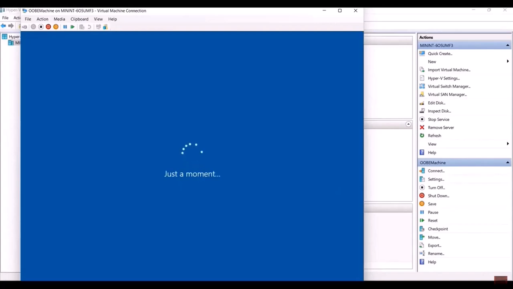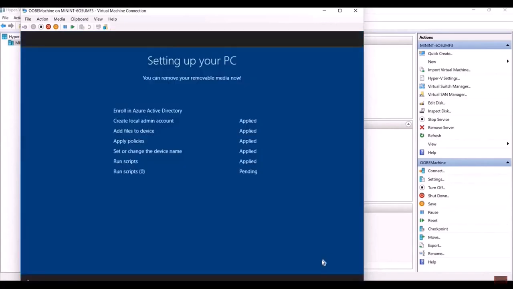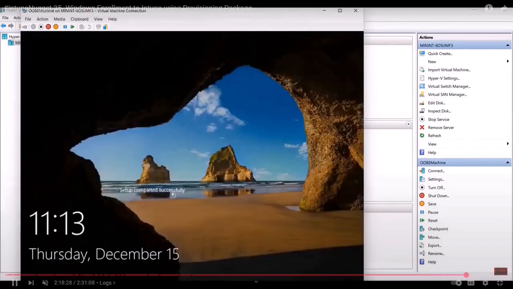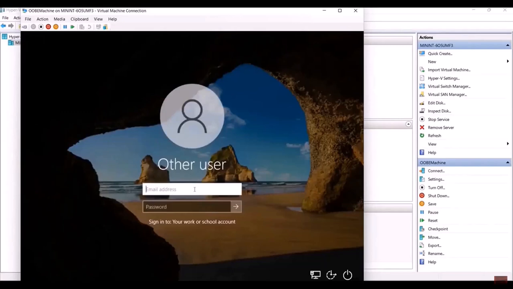So as we can see, the provisioning package gets applied. Everything that is there in the provisioning package gets applied as well. Over here you can see that enroll in Azure Active Directory, that is done, meaning the device is Azure AD joined. After Azure AD join, MDM scope is set, therefore it's going to be Intune enrolled as well. If you have any scripts or if you have created a local admin account, there are other things also that you can put in the package, not really relevant right now, but the point that I'm trying to make over here is the package is going to apply, and then as you can see, the